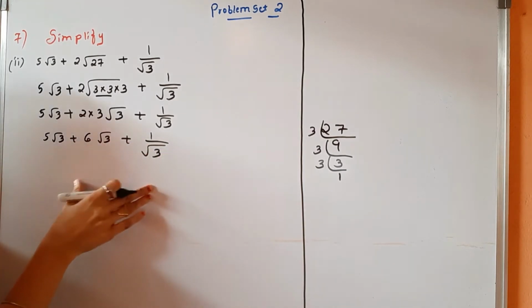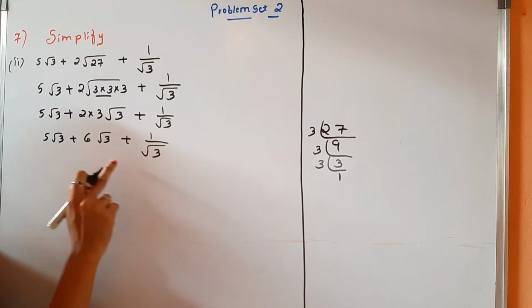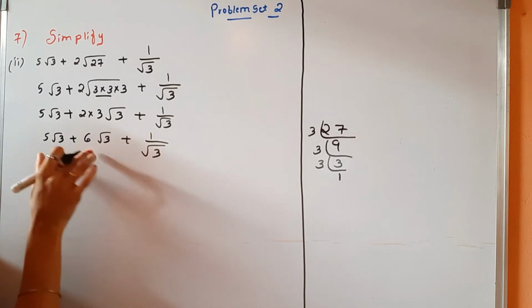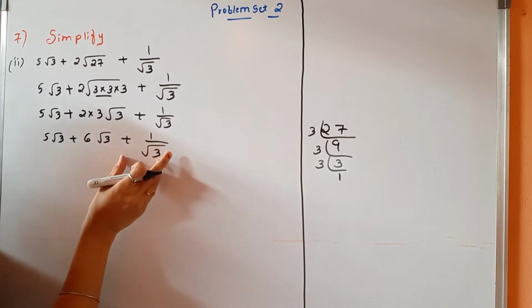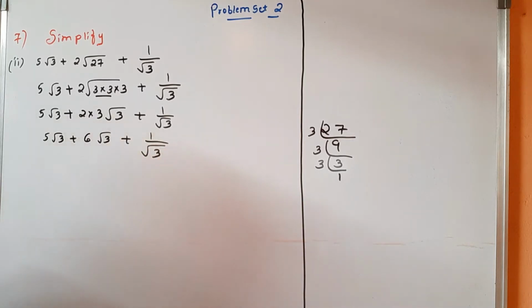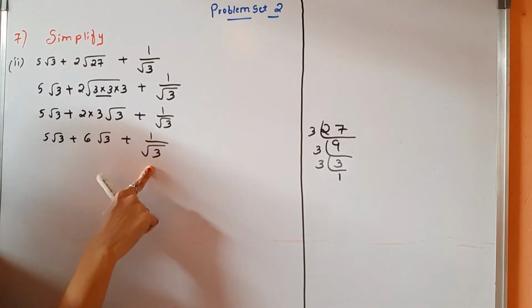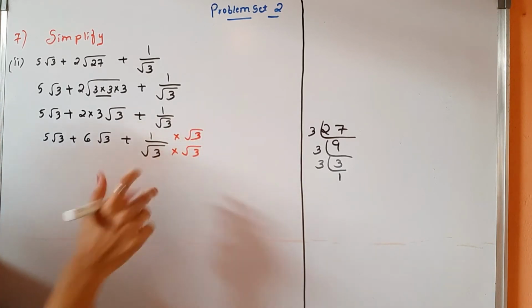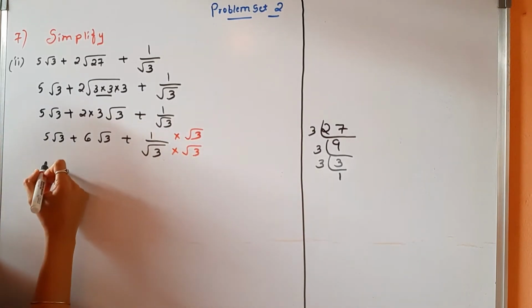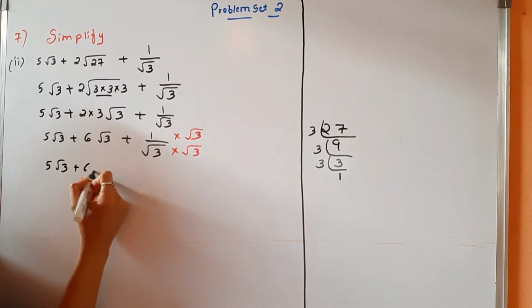Now my dear students, do not get confused. Here see, these two are like terms. Okay, these are like surds, but not this one because it is in the denominator. तो इसको हम लोग क्या करना पड़ेगा? निकालना पड़ेगा. So for that we should rationalize the denominator. You know rationalizing the denominator. Very simple. Numerator and denominator multiplied by the same number. Now what will happen? 5 root 3 plus 6 root 3.